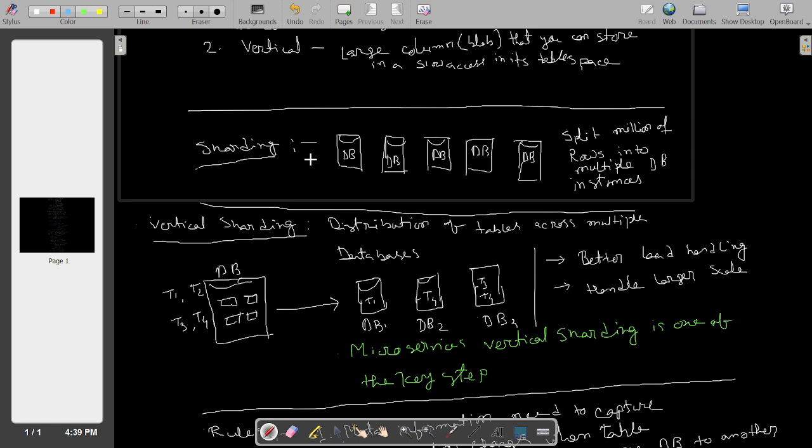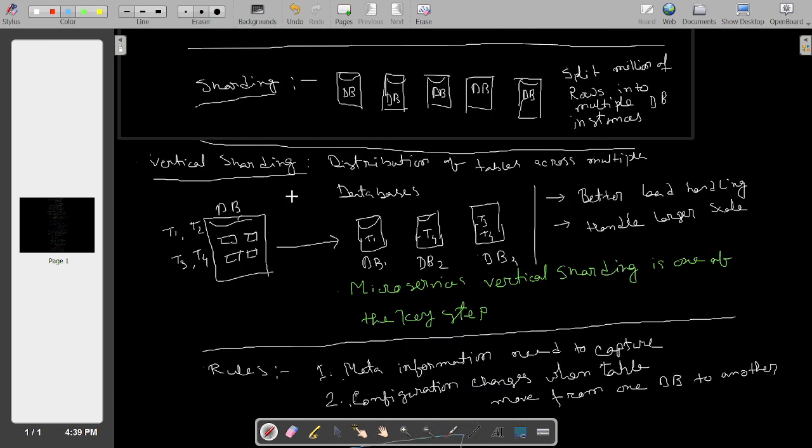in terms of the work hitting your database today, from a concurrency perspective it may be 10, then it will go to 100, thousands, and millions. If those things are increasing per millisecond or per second, then you definitely need to think about how you scale up, right? The scale up can happen like this: you first do partitioning, and if even partitioning is not helping, the second thing is sharding.